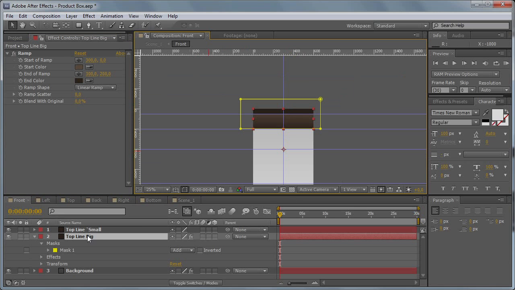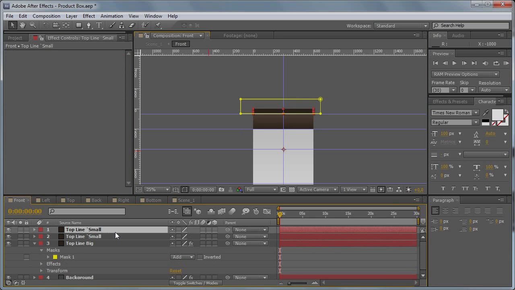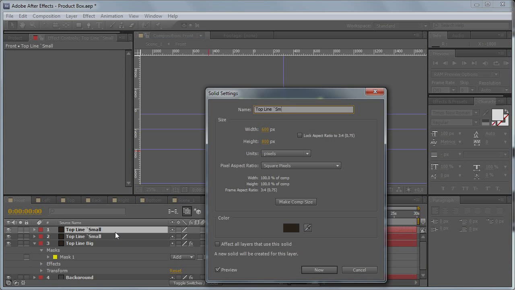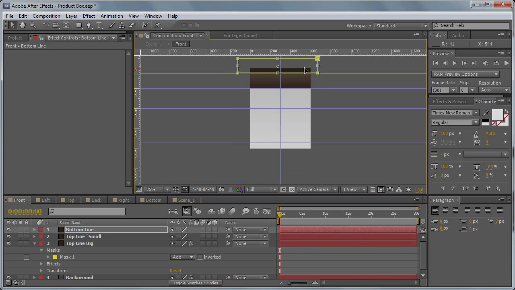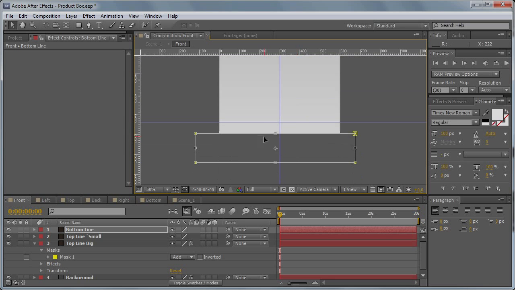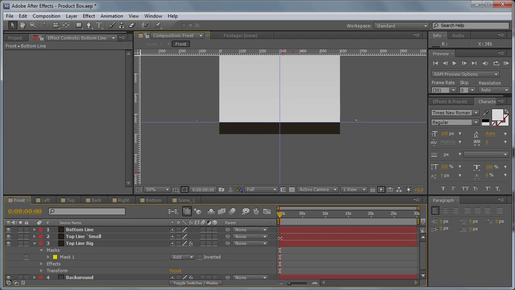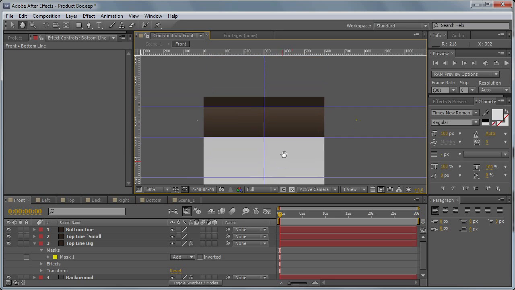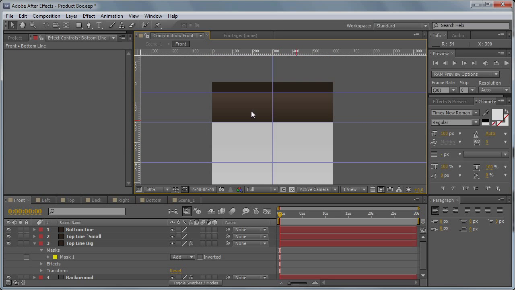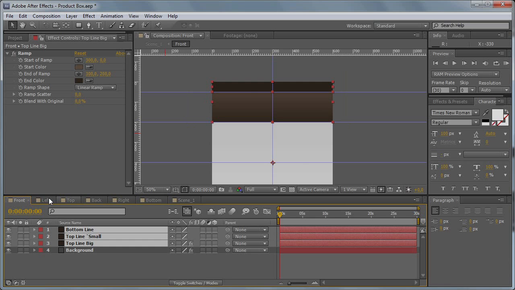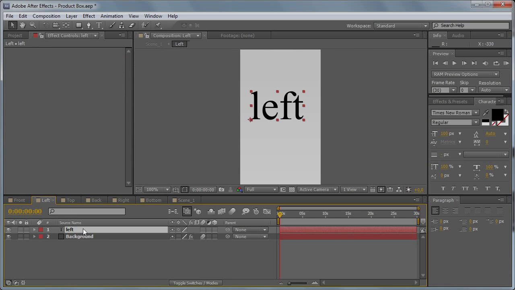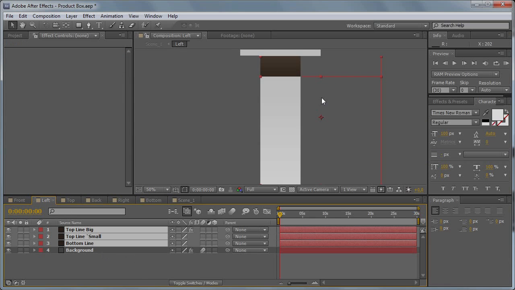And let's duplicate the top small line and let's call it bottom line. And let's take the mask and move it right here, and it should snap to the guides. And basically that's it for the most part. Let's duplicate those layers, Ctrl C,